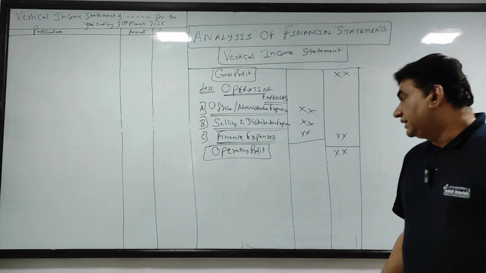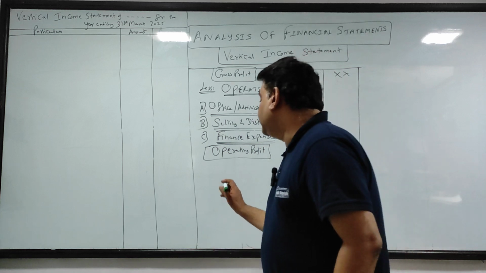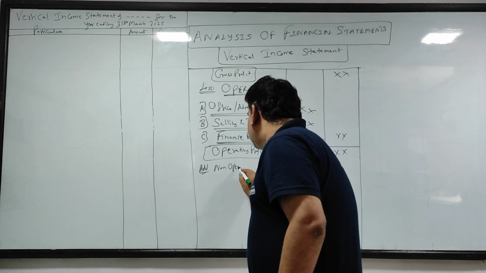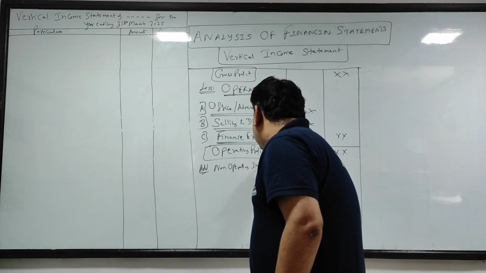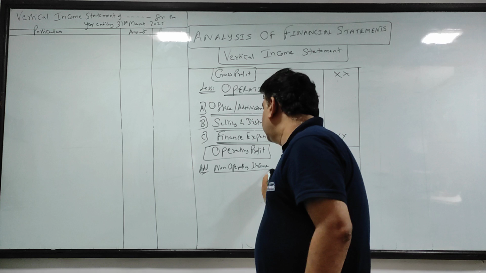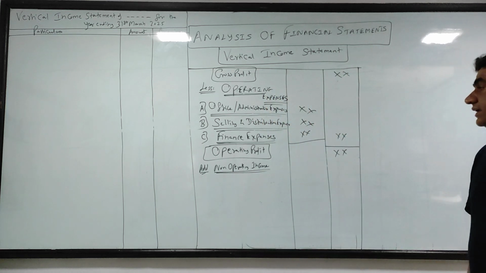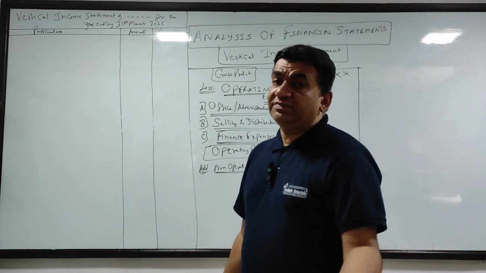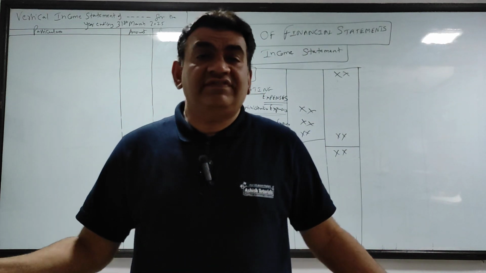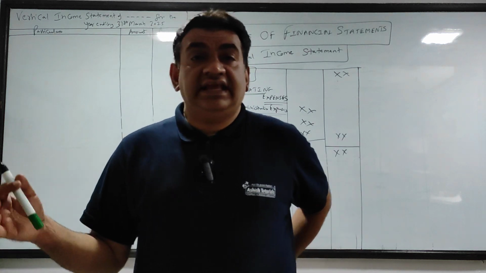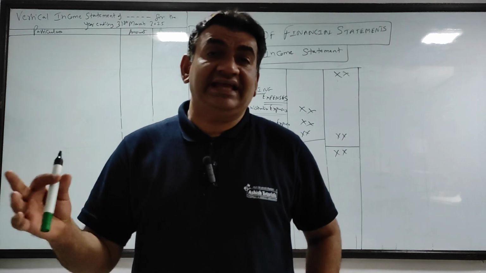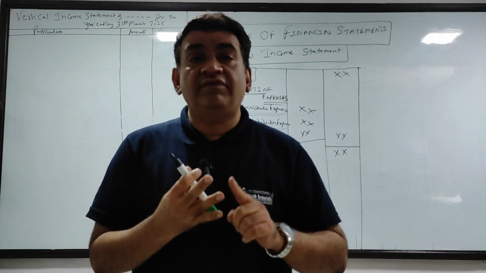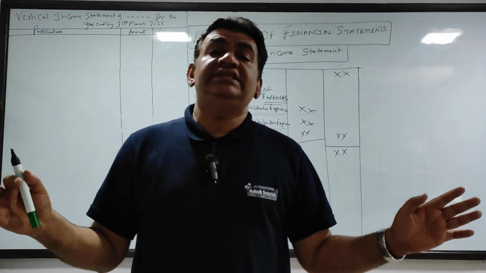So after operating, now I go to non-operating, and the first thing I will do is add non-operating income. Okay, now see, I gave you starting में example. I sell the AC, मेरा रोज का बिजनेस नहीं है. कोई भी दूसरा फिक्स एसेट है, I have an investment. If I encash it, it is not my day-to-day business to buy and sell investment. So profit on sale of assets, profit on sale of fixed assets, profit on sale of investments, all these are